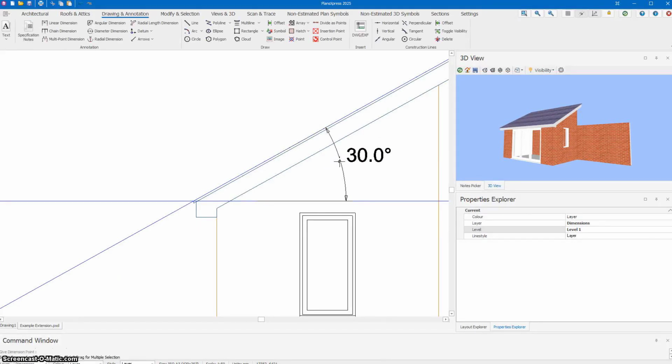And that is how one places the angle, the pitch of the roof